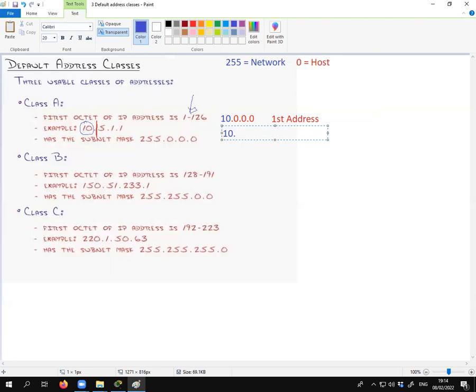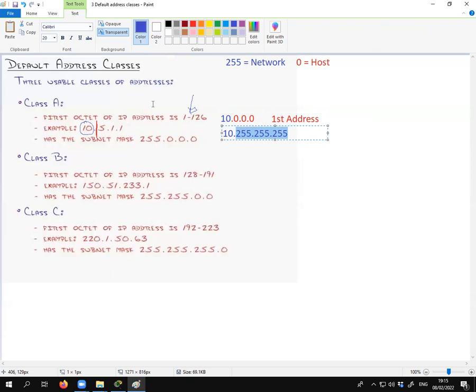Like if I have a street, Willow Green, and there's 15 houses on Willow Green, what do all those houses have in common? They all live on the street Willow Green. So all these PCs, all these hosts, because a host is just a PC. A host is a PC or a server. It's just one device. Just think of it that way, okay? So the very first network is 10.0.0.0. The very last address is 10.255.255.255 because